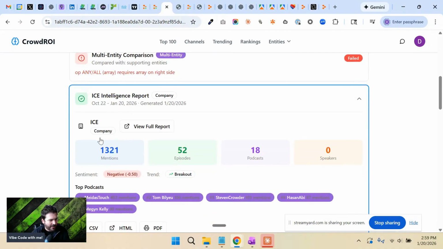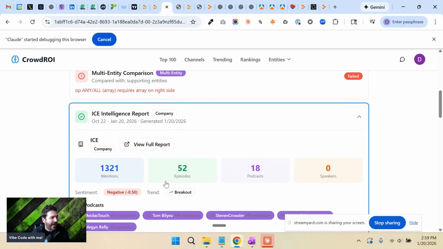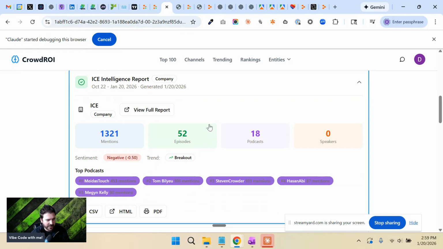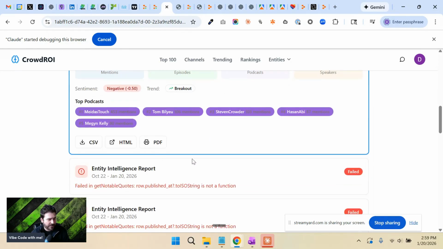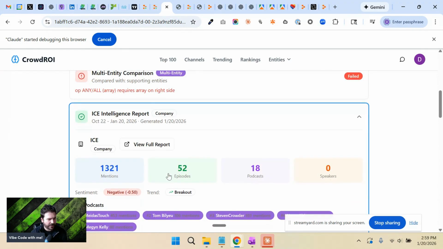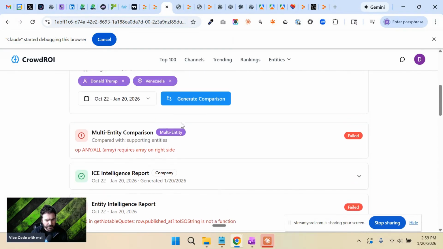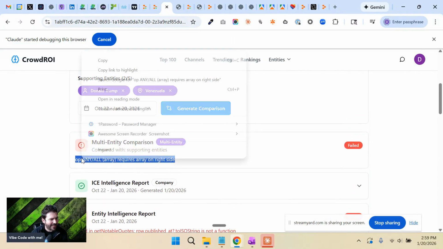So this is a single entity report, and it'll tell you how many times the word ICE has been mentioned in the podcasts that have been processed. It'll show how many episodes it came from, and then it'll show you the top podcasts that it was in. You could extract this report. So pretty cool. I'm trying to make this multi-entity